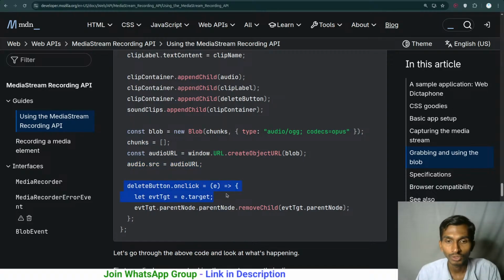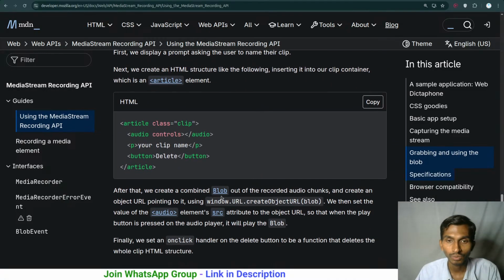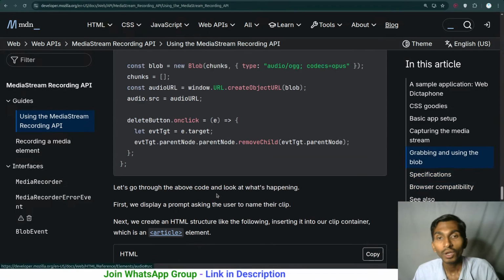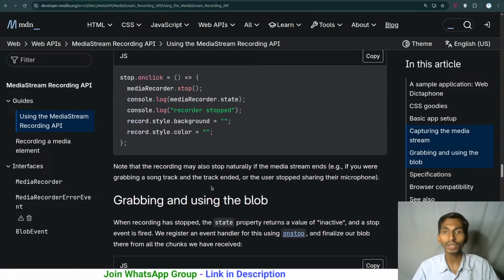Delete button, I need to have this delete button. In our case, what do we want to do? We want to download the stuff, so we will be focusing on that as well. But this is how things go on. Okay, quite good stuff has been mentioned here. It's not like we need everything as it is. We will have to make changes, but yeah, we can go with this.